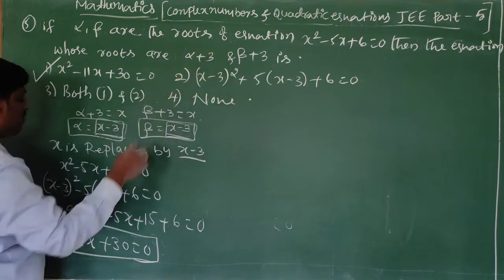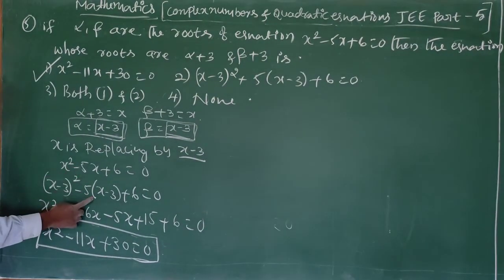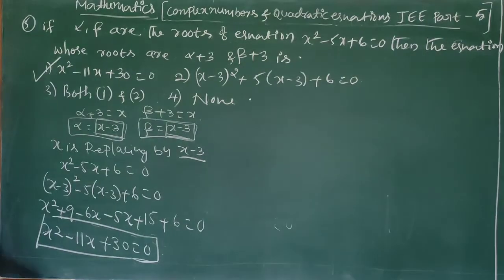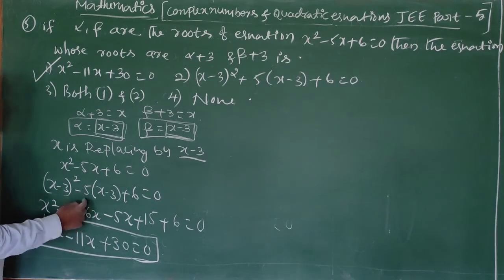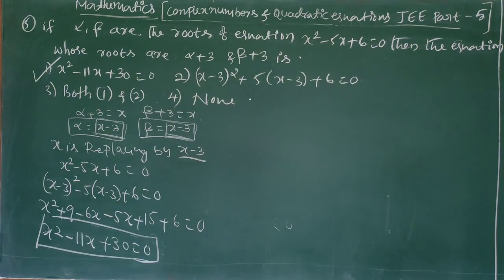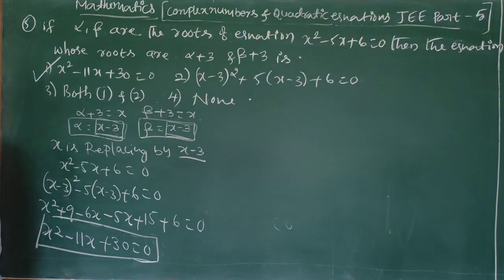The given equation becomes (x minus 3) whole square minus 5 into (x minus 3) plus 6 is equal to 0. x square plus 9 minus 6x minus 5x plus 15 plus 6 is equal to 0. On simplification, x square minus 11x plus 30 is equal to 0. Next question is,